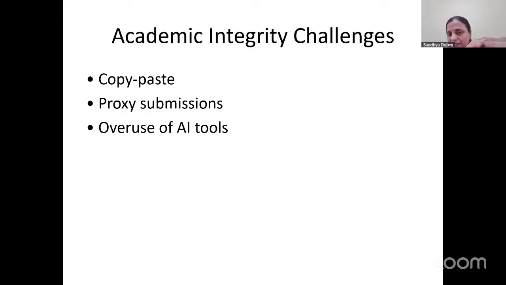So even though all these limitations are there, it is our smartness how we decide these things should be avoided. I'm not telling you 100% we can eliminate. I'm not going to claim that you can easily eliminate plagiarism, proxy submission, overuse of AI, or copy paste completely. To some extent we can reduce it using Turnitin or any other plagiarism check, but proxy submission is difficult, because if students give their credentials to a friend, they can do that.